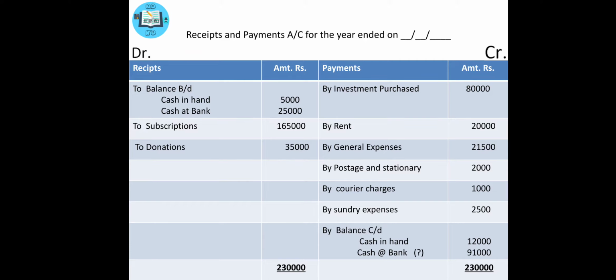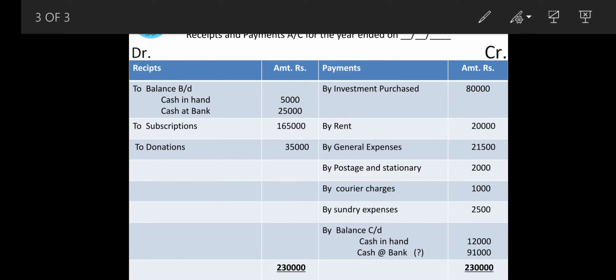Now I am switching to the receipts and payments account. Here I have already prepared the receipts and payments account, but you don't have to just copy. I will explain all the items one by one and put a tick mark on what I execute. So you have to understand it that way only. So please concentrate on the individual items.